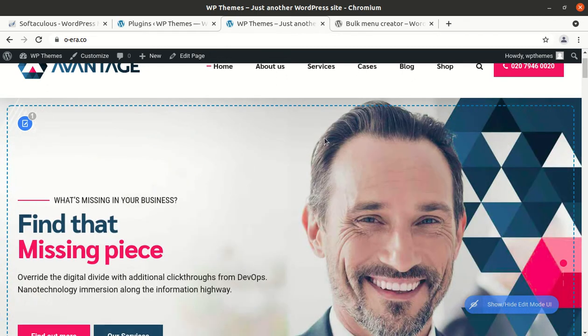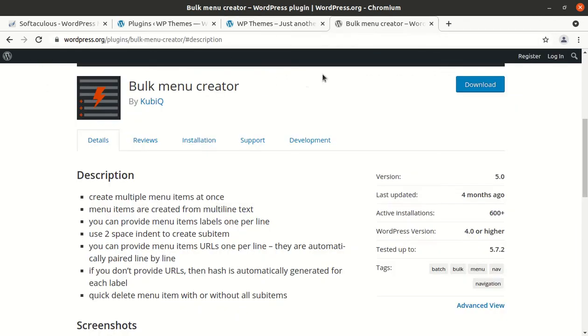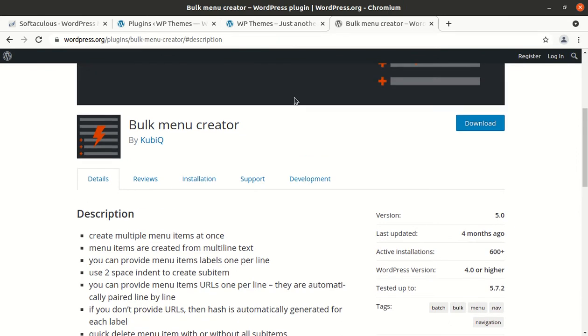So for this we are going to use a beautiful WordPress plugin called Bulk Menu Creator. This is a very effective WordPress plugin which enables you to handle or create multiple menus in one go.